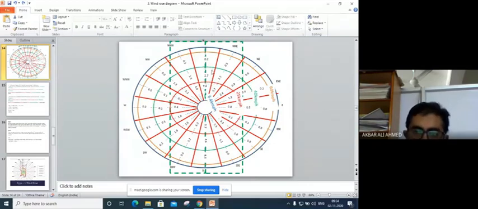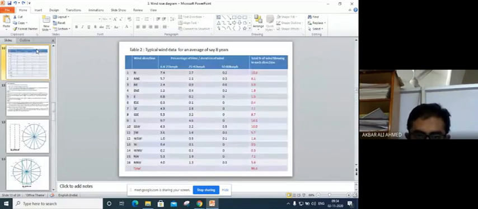The area will keep on changing. This area will increase as we go up. Similarly, for every direction, we have to put the values in this manner. For example, one more example I will show you. Let me show you for north, northeast. North, northeast, what are the values? 5.7, 2.1, and 0.3.